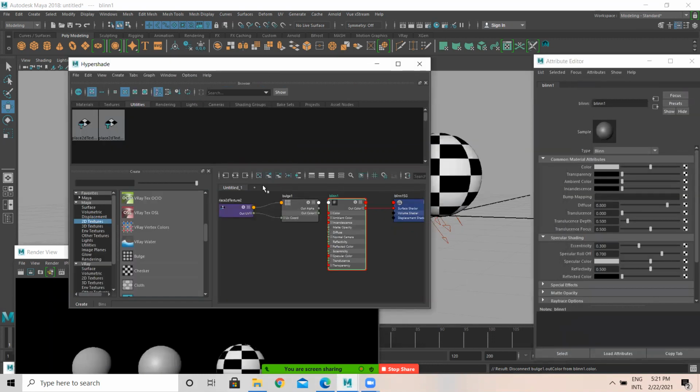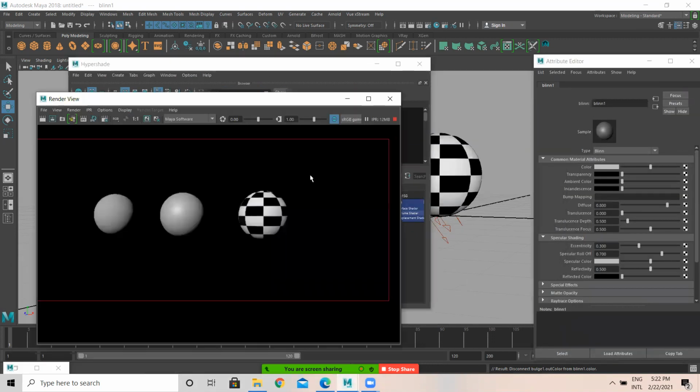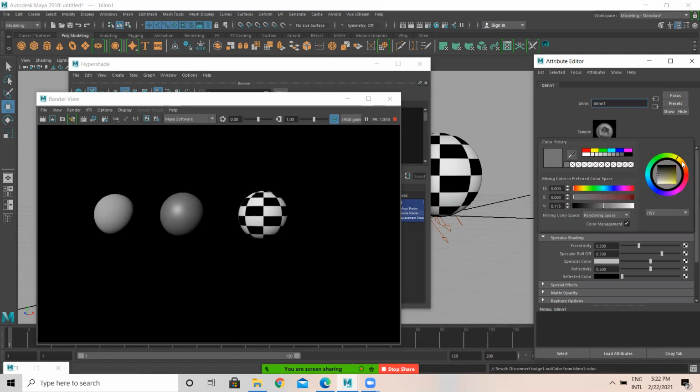So see, with multiple engines we are working, multiple windows we are working. So I change the color, it is reflecting here immediately. This is called IPR, interactive photorealistic rendering. So I would like to change to a different color. Okay.